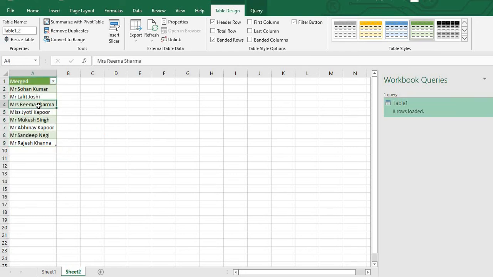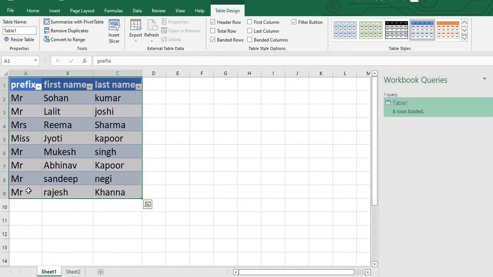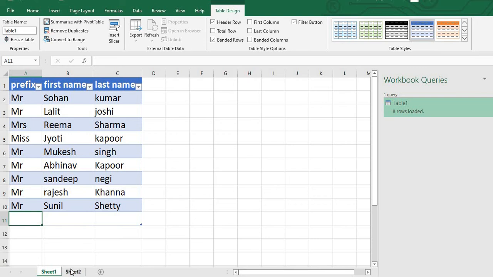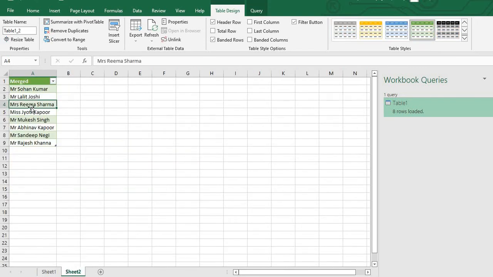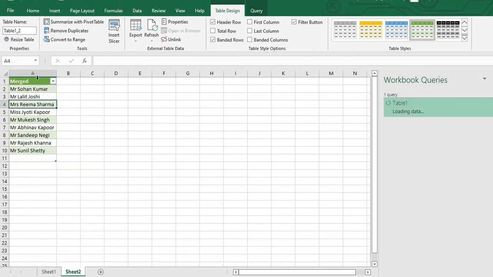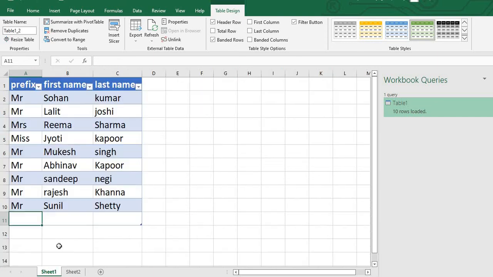Whatever change we make in our table now, suppose we add another entry, suppose we put a name here, and then we go to the data we have already edited through Power Query, right-click with the mouse and press Refresh. The new data will be added. If you make some change here also,